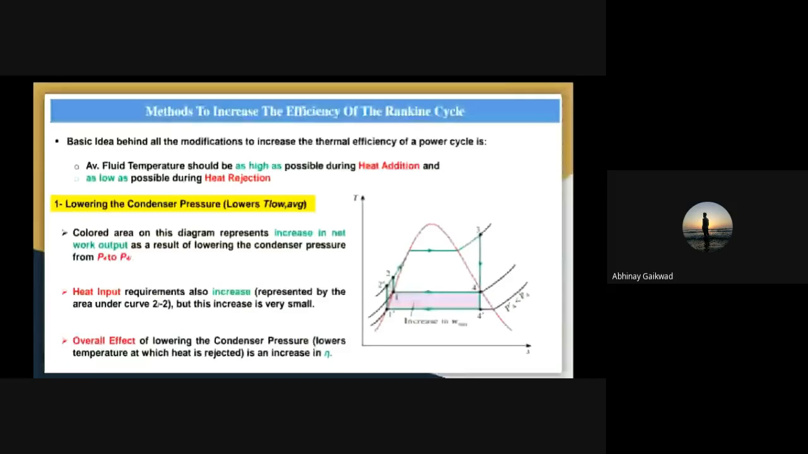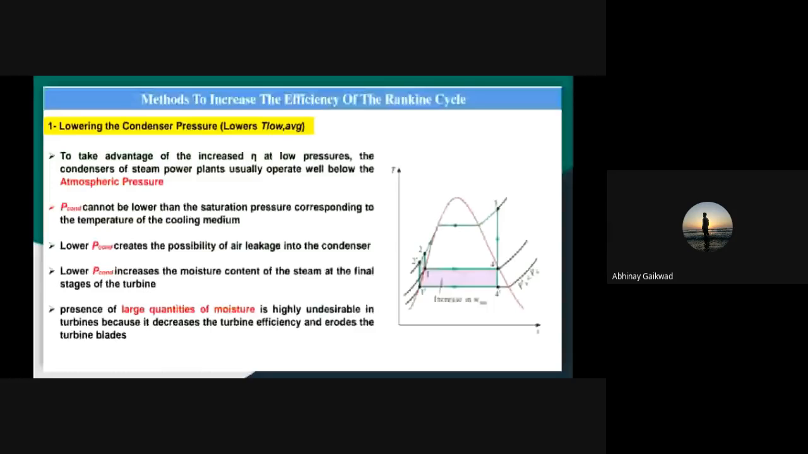Now here we have to consider one important point: whatever our condenser pressure is, we should not lower it below the saturation pressure. Here I mentioned this condenser pressure, whatever the plant is, it always operates below the atmospheric pressure. So our condenser pressure cannot be lower than the saturation pressure, which corresponds to